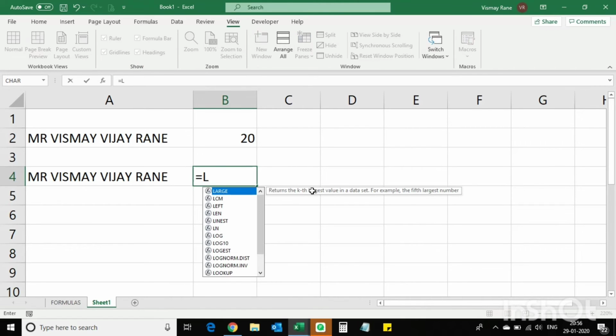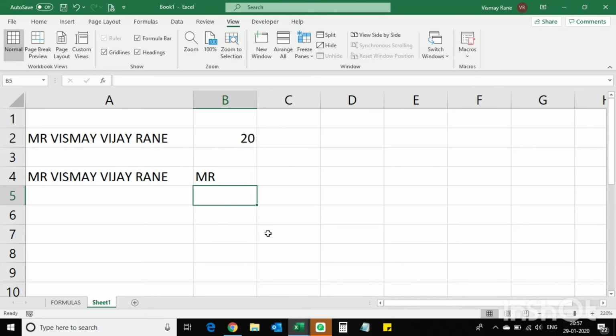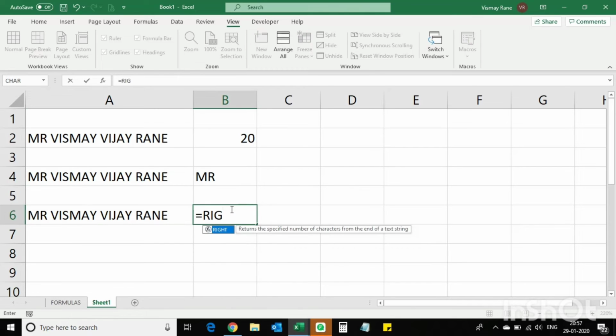So I want to know what the left is. This is the left side. If you are sitting facing a screen, this is the left side and this is the right side. So LEFT, open bracket, I'll select the text from which I want to extract, comma, I want to extract two characters, comma 2, bracket close, Mr. See, now I want to extract it from the right side. I know Rane is 4 characters from the right. So RIGHT, open bracket, select this cell, comma 4,